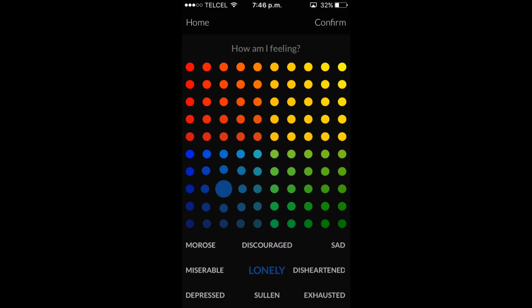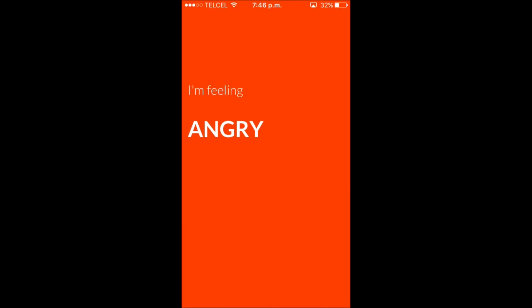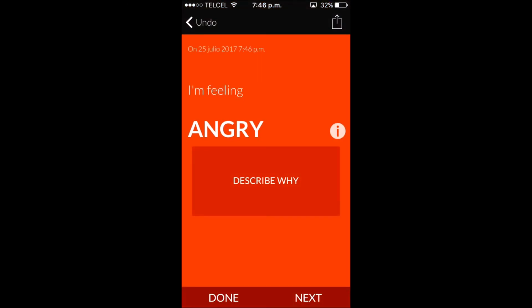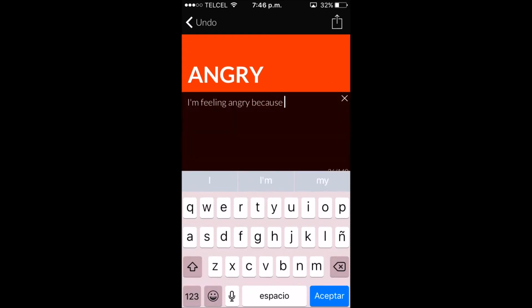Let me click on one of the red dots. Here we go, angry. So let's say right now I feel angry as a student. I'll click on confirm. I'm feeling angry. And then we have the option to describe why. So I click on describe why. I'm feeling angry because